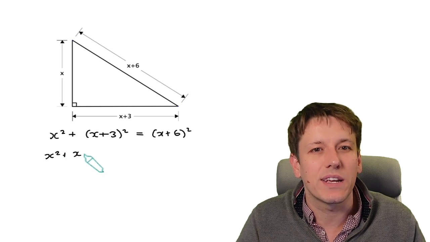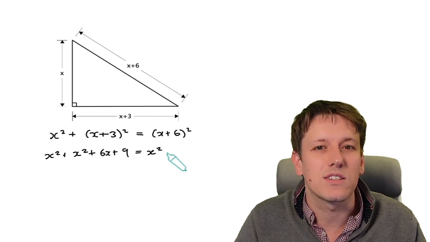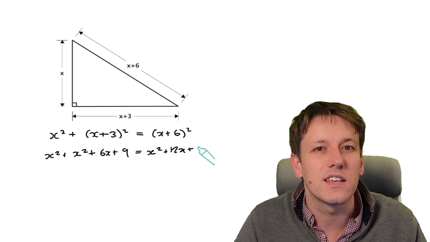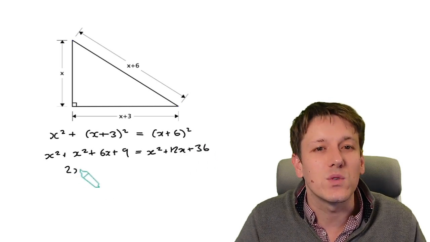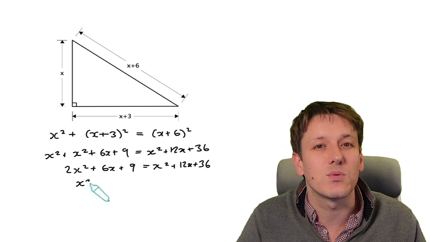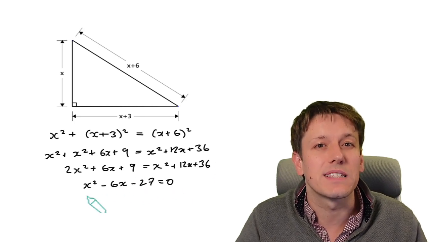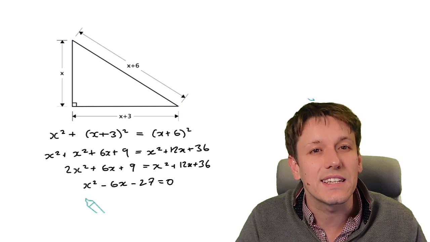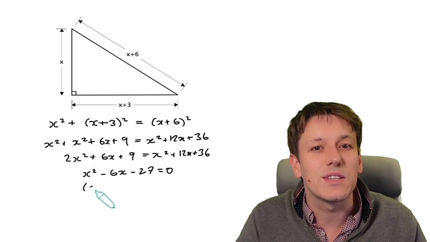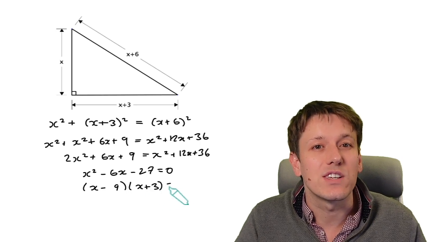Then we multiply out the brackets to give x squared plus 6x plus 9 equals x squared plus 12x plus 36. After a little bit of simplification, we get the quadratic equation x squared minus 6x minus 27 equals 0. So to factorize that, we're looking for two numbers that multiply together to give minus 27 and add together to give minus 6. And we see that minus 9 and plus 3 work here,